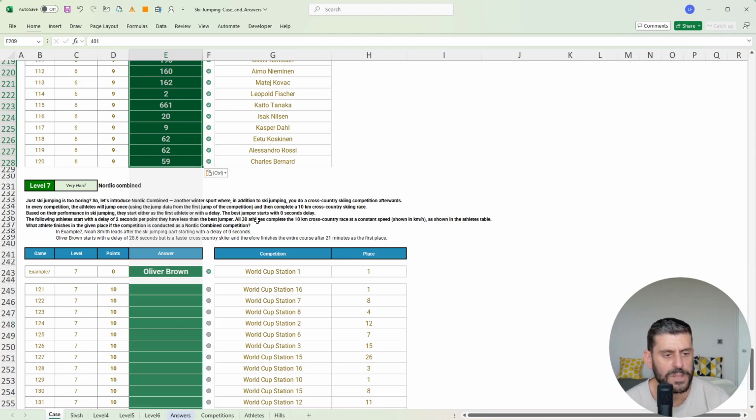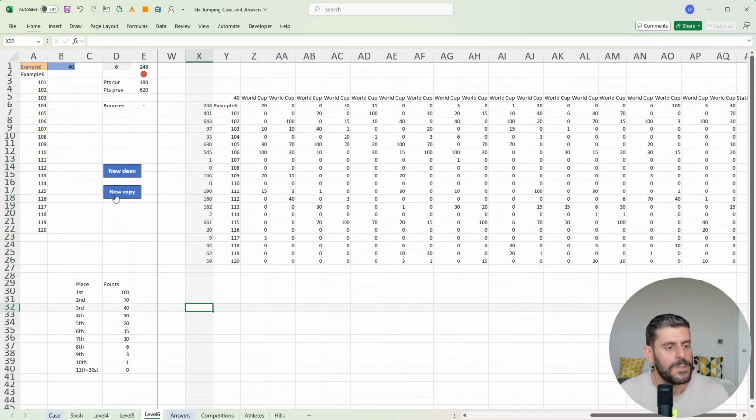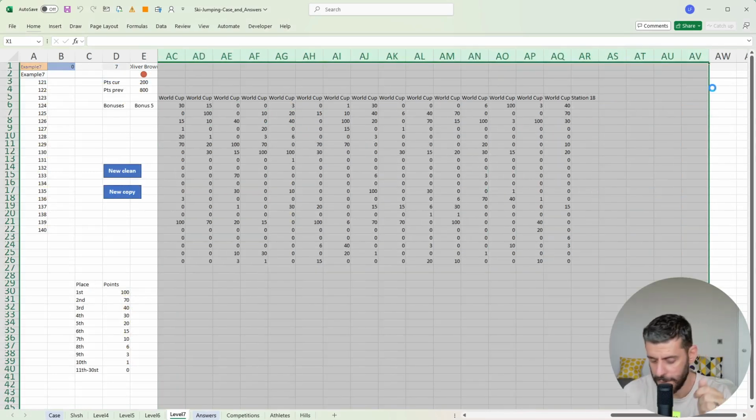The best jumper starts with a 0 seconds delay. The following athletes start with a delay of 2 seconds per point they have less than the best jumper. All 30 athletes complete the 10 kilometers, and basically you're given the speed. Yeah, I should have read this in full because I think it's